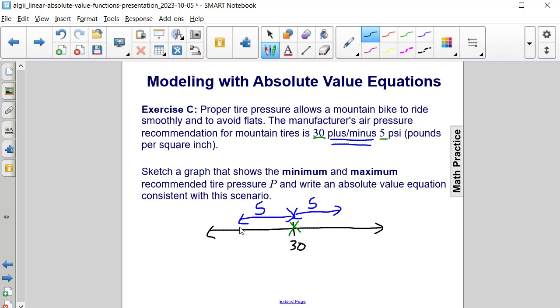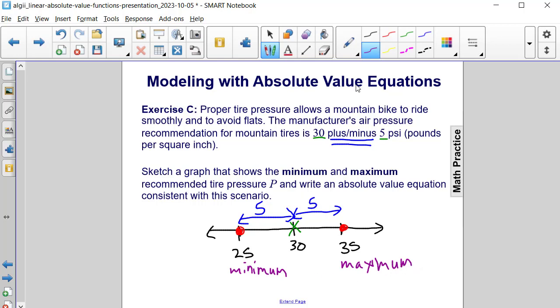So if we go 5 less than 30, we will end up being at 25. And if we go 5 more than 30, we will end up at 35. So these two special points that we found, 25 psi, or pounds per square inch, and 35 pounds per square inch, are going to be our minimum and maximum